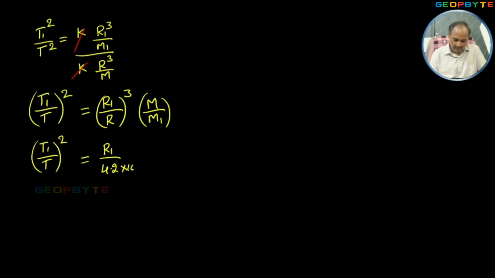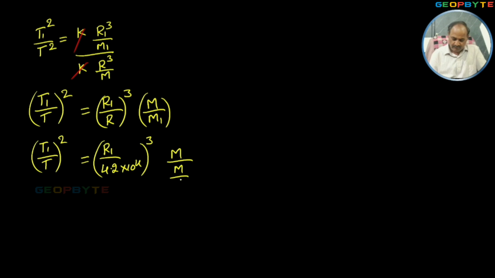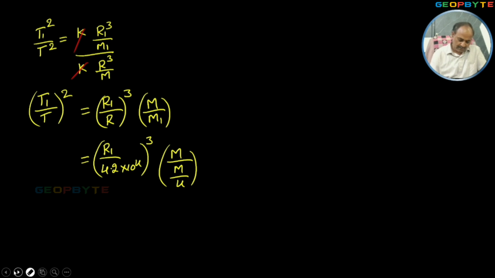4.2 into 10 power 4 whole cube into m by m1. M is the mass of the earth divided by m1, given as m by 4. So it is better to write the time periods also. T1 is given as 6 hours divided by T, which is 24 hours, whole square. Now we simplify this value. It is 1 by 4 whole square